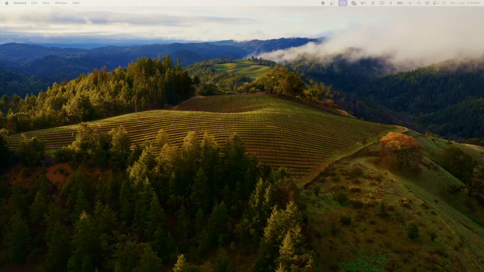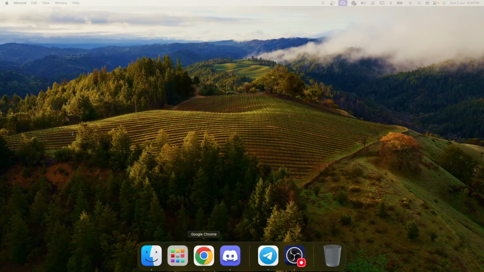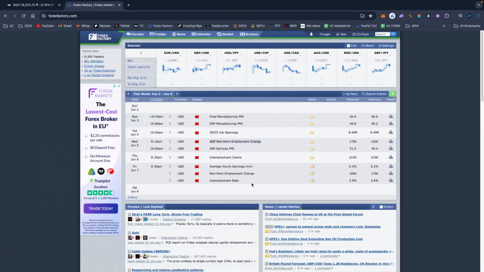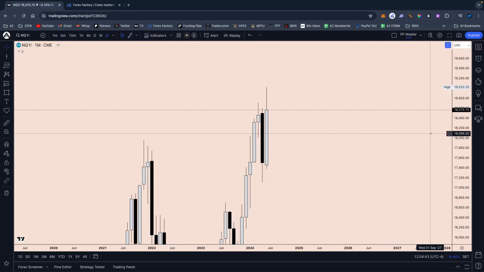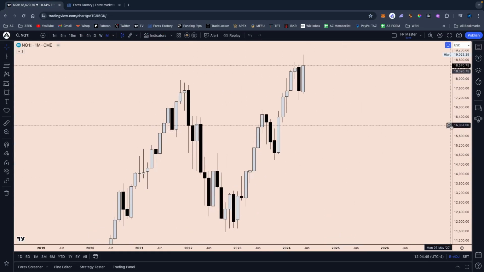First of all, we're going to be focusing on NQ. We already took a look at the new schedule ahead of next week, because we have the NFP news event on every first Friday of a new month, and that's Friday the 7th of June. So we will take a look starting from the monthly time frame,